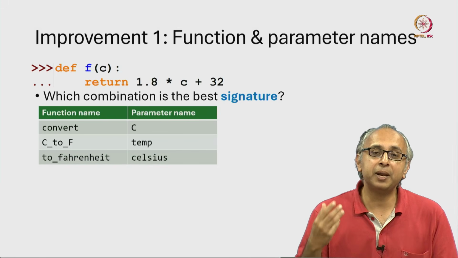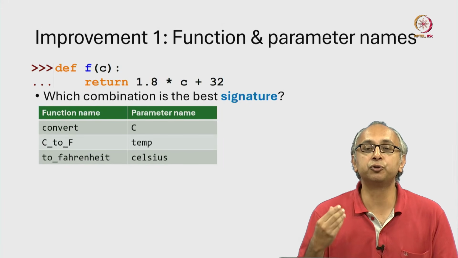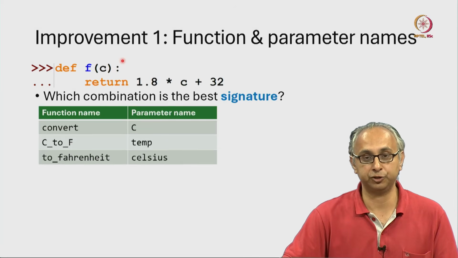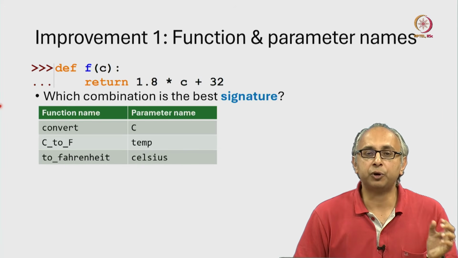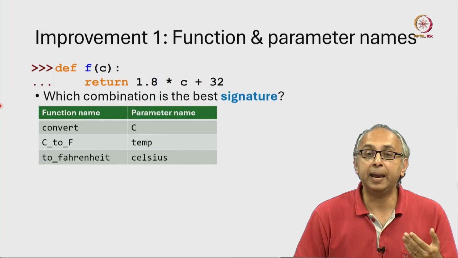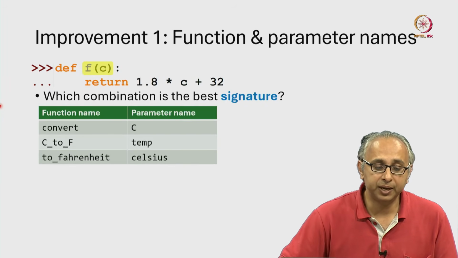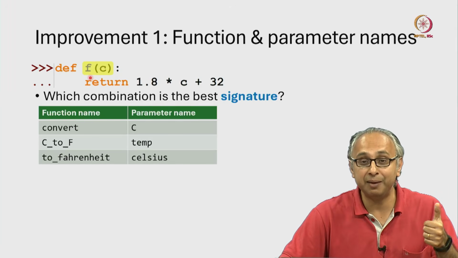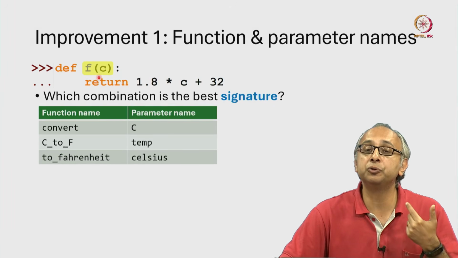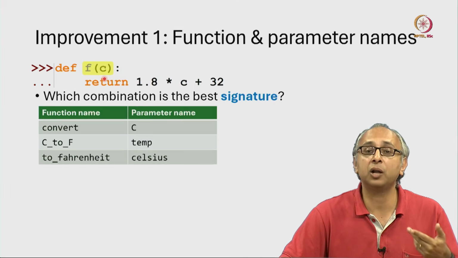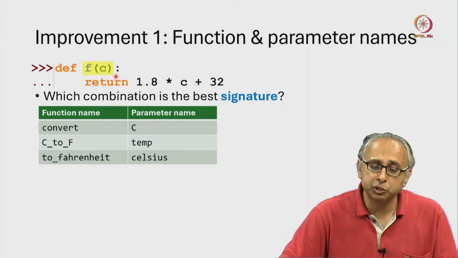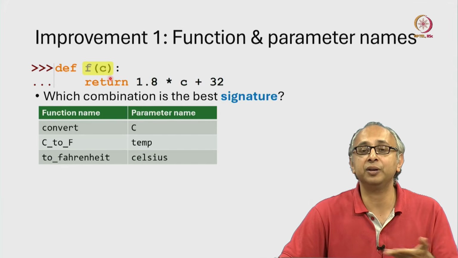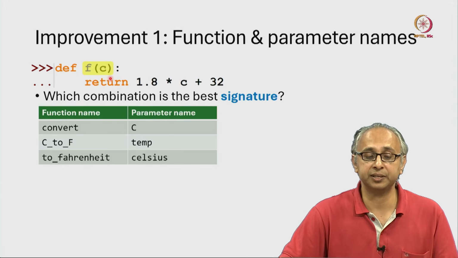So now let's try and apply some of these principles of good function design to try and improve this function. So we are going to try and write a better signature. By the way, the signature is this portion of the function. It includes the name of the function and it includes the parameters along with their types. And it also includes any return type information. Of course, in this signature, none of that information is given.